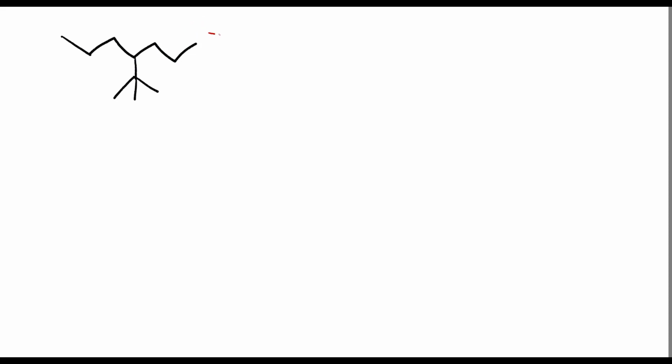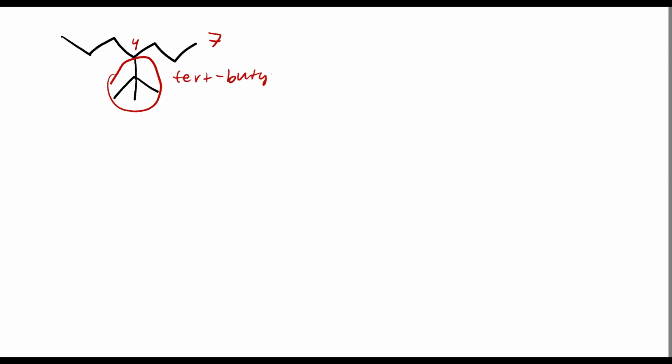It's going to be 7. And when you're naming these, you're going to have to follow the normal procedure. So we want to have our child on the lowest number. So let's see if we can do that. 1, 2, 3, 4. That's going to be 4. Going from left or right, I'm always going to be 4. So that's fine with me. I know that this is going to be 4, and that this is a tert-butyl. So we're going to say